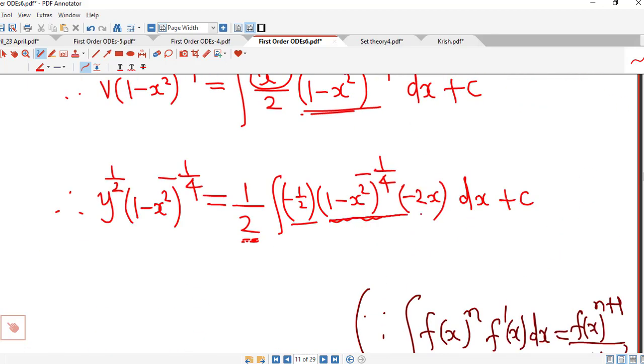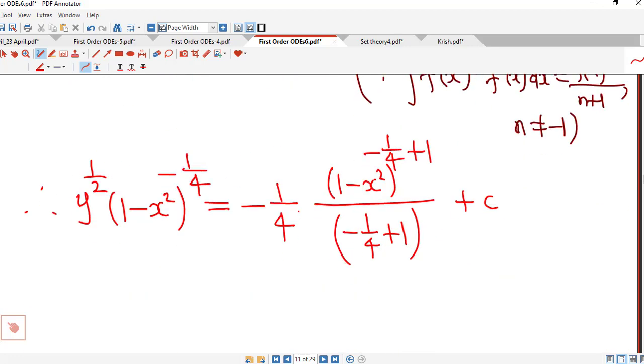Integral of this (1 minus x square) raised to minus 1 by 4 times the derivative of 1 minus x square is (1 minus x square) raised to minus 1 by 4 plus 1 over minus 1 by 4 plus 1, and the constant is 1 half into minus 1 half, that is minus 1 by 4,